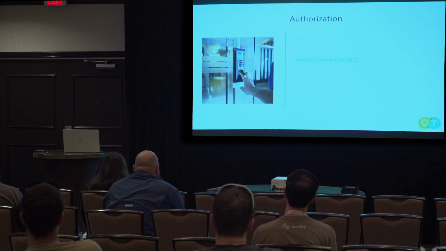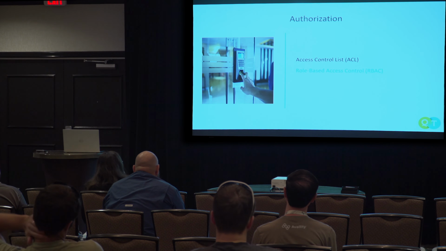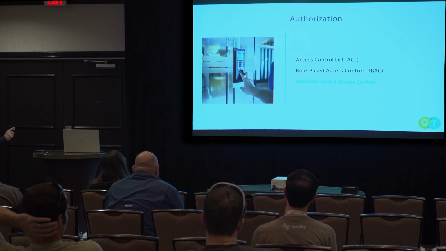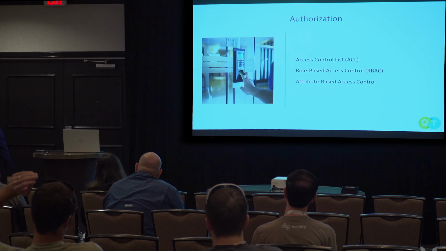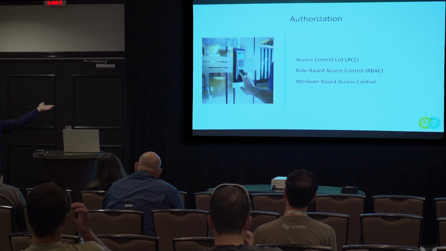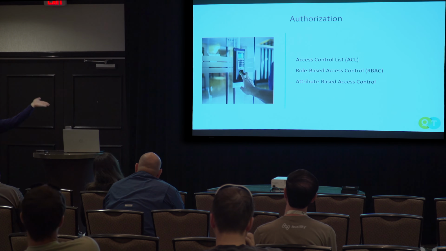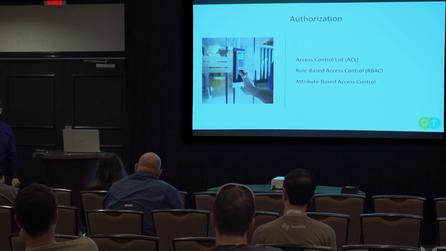So for authorization, we need to think about our access control list, our role-based control, or our attribute-based access control. In Azure, there are two ways I can secure resources from an access perspective. I can do role-based access control. I can create a group and assign roles to it, saying you can read logs, you can create Service Bus, or you can look at topics and queues, whatever. And I can add those roles to the group or to the individual user, and then they have access to